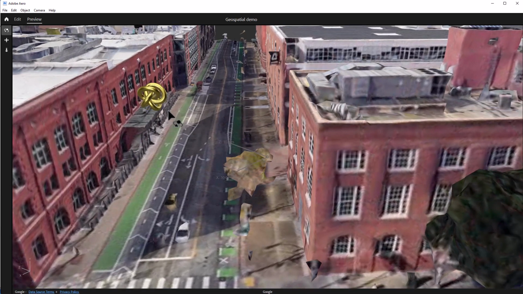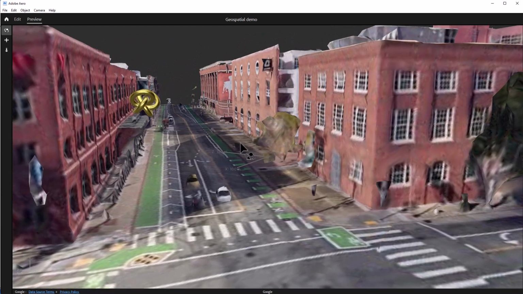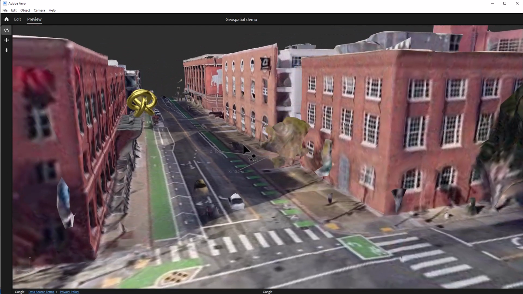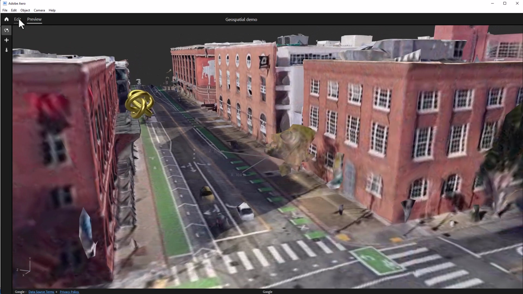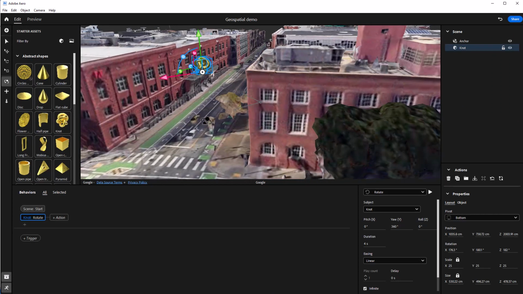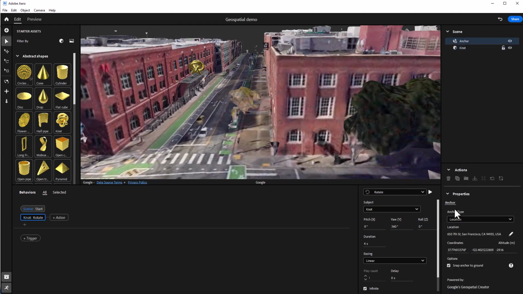Now I also want to say how important it is before you invest time actually crafting your scene. Go out and test it. It's super important because sometimes the object will be floating above the ground, sometimes it'll be below the ground, and there are ways to fix that. You can come over here to the anchor, and inside the anchor we have the snap to ground. This tends to work in bigger